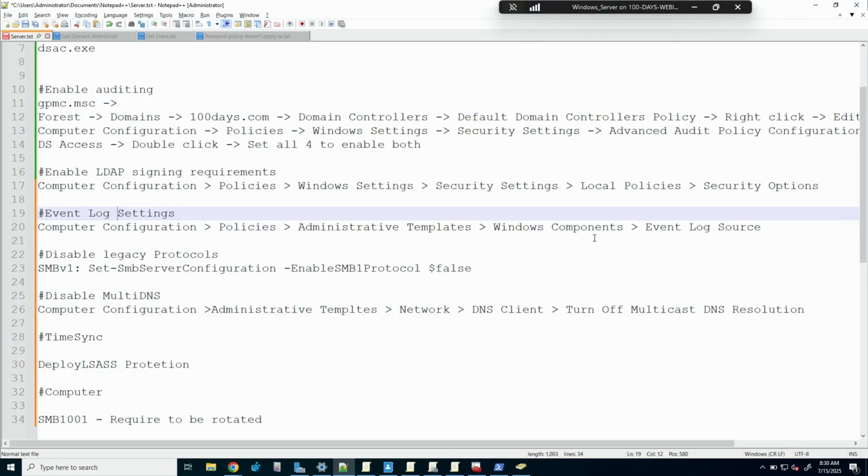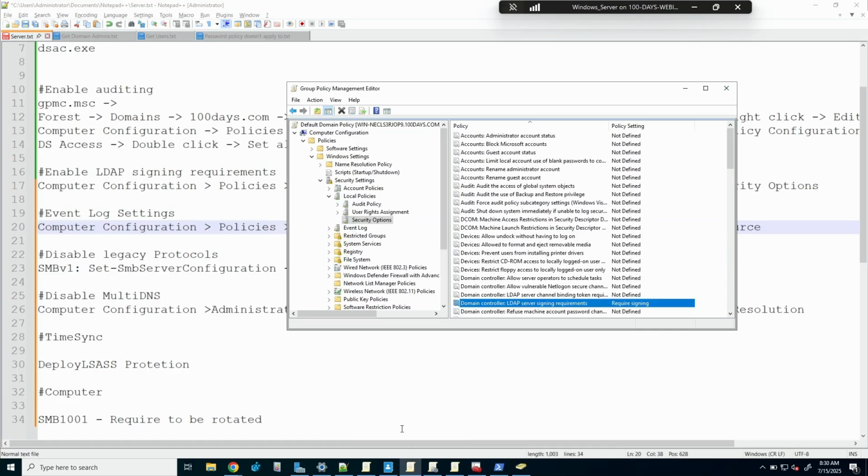Okay, event log settings. This is really setting the retention policy on your event log. So again, go into Windows domain policy, and we're going to go into...